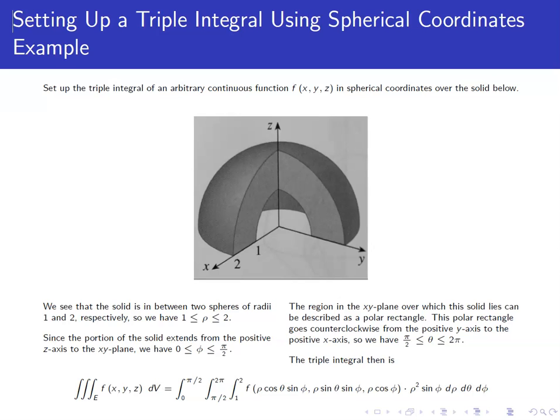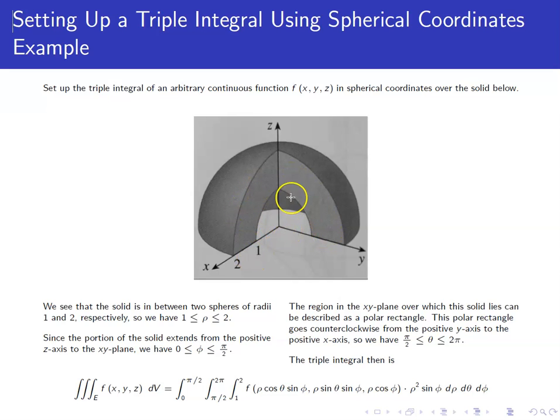In this video, we're going to look at setting up a triple integral using spherical coordinates. So let's say we have an arbitrary function of 3 variables. We're given the solid below, and we want to set up the triple integral over that solid. Well, the way this is written, I noticed that we have a hole down here, and really what we have